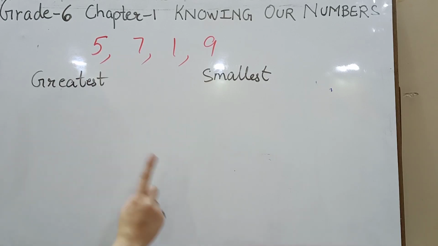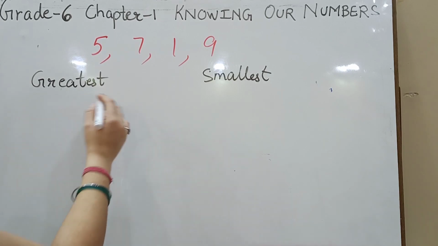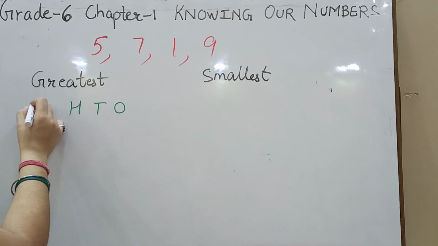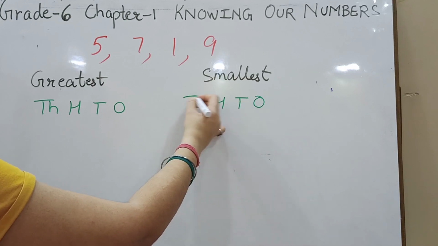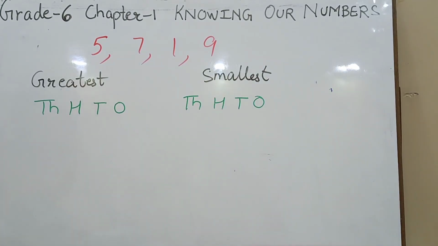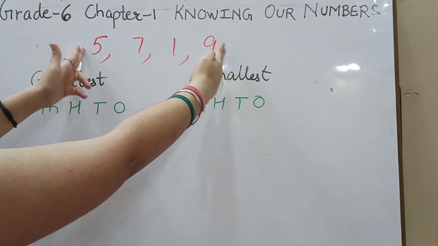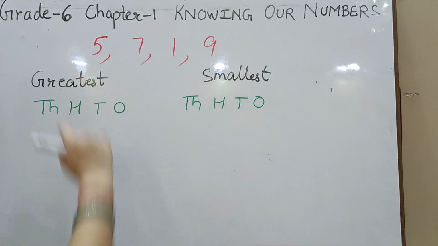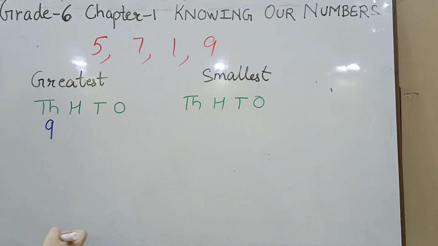So what is the first thing that you are going to keep in mind is place values. Do not forget to put the place values first. So let's put the 4 place values: ones, tens, 100, thousands. Similarly, in smallest also, let us put ones, tens, 100 and 1000. Now we are going to take out the greatest number. Greatest मतलब सबसे बड़ा. उसके लिए हम सबसे पहले given digits में से सबसे बड़ा digit लेंगे. Let us take out the first digit, which is the greatest among all the digits: 5, 7, 1, 9. 9 is the greatest one. So we are going to place 9 at the highest place value.